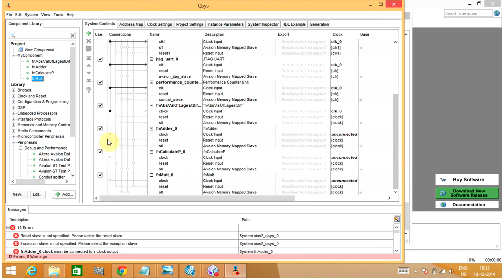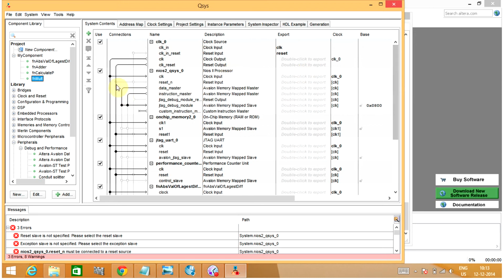So here we are giving clock to all the components. Now let's give reset. And the data would go to all the components as well, so we need to give data.